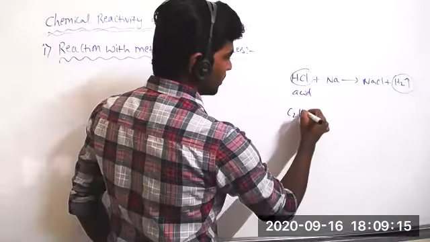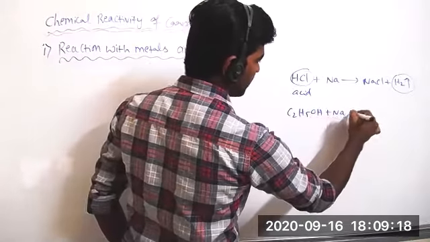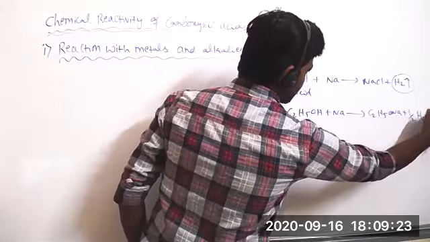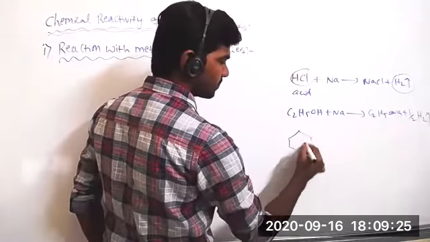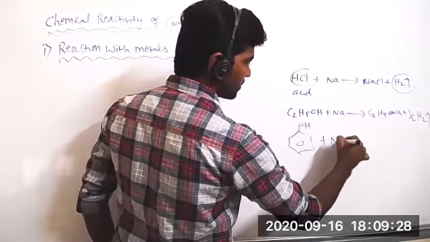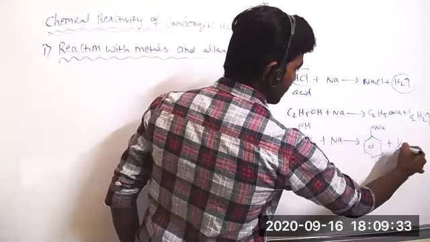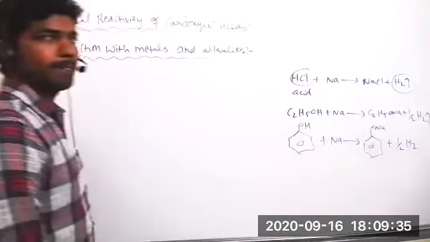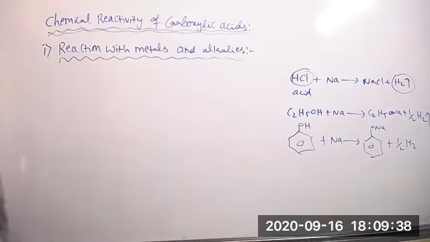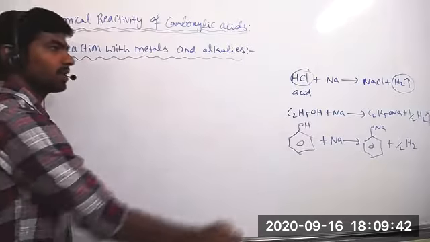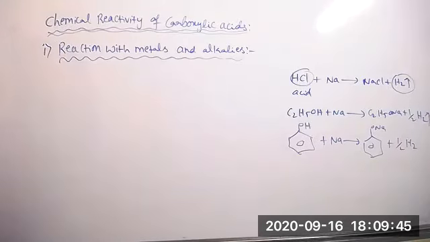In case of alcohol also, when we react with sodium metal, it forms C2H5ONa and H2 gas is released. Phenol reacted with sodium metal forms sodium phenoxide, releasing hydrogen gas. It refers that these substances are somewhat acidic in nature. That's why hydrogen gas is released when reacted with metal. Same with carboxylic acids, they react with the metals and release hydrogen gas. So it is clear from that.